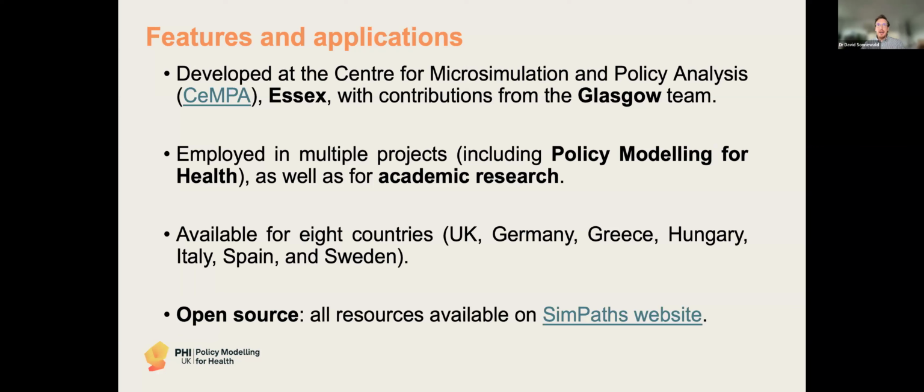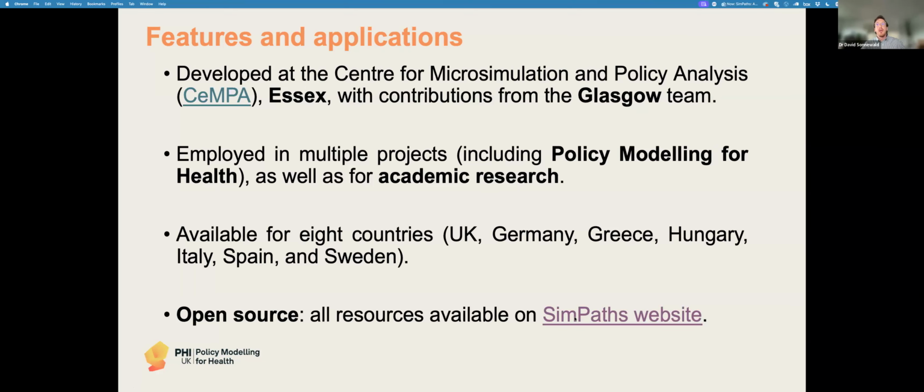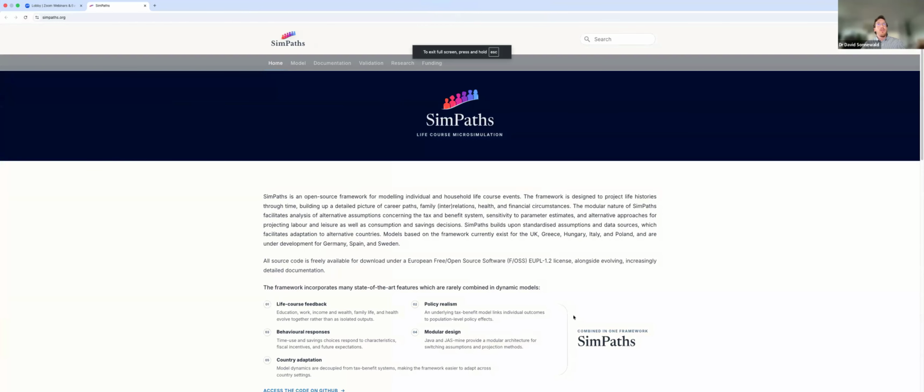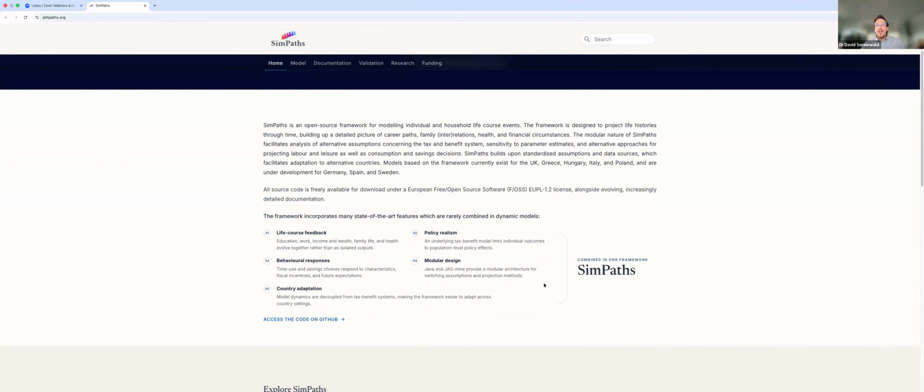I think that one of the main reasons for the wide usability of SimPaths is that it is fully open source. So if you go on simpaths.org, you should still be seeing my screen. Yes, you land on the